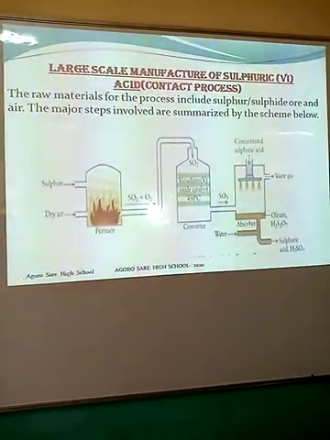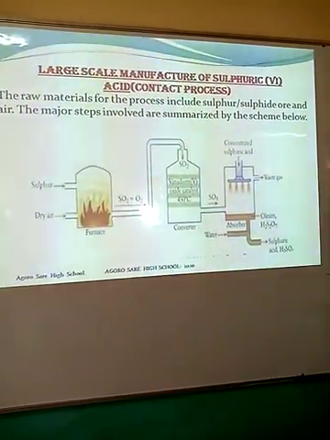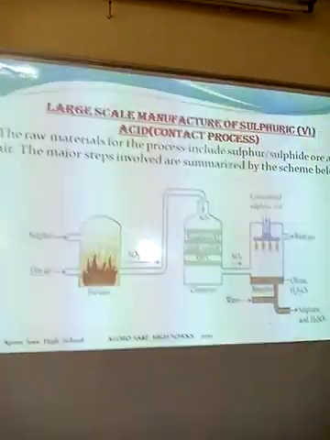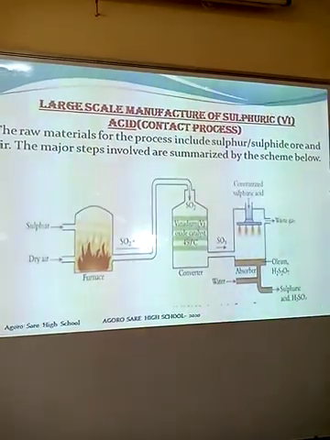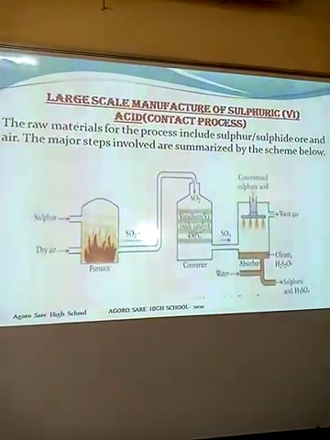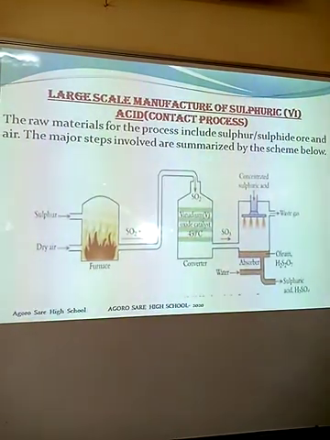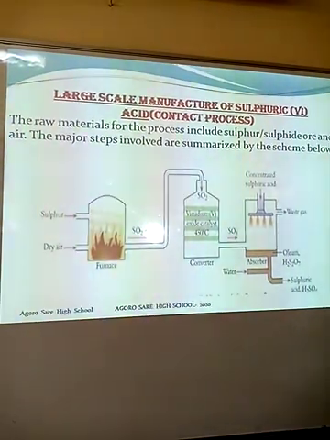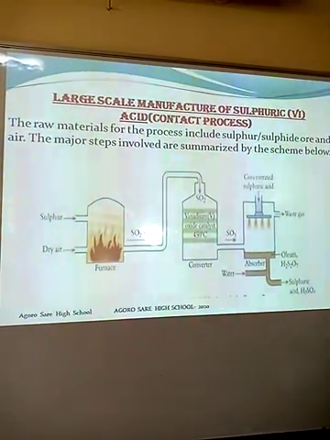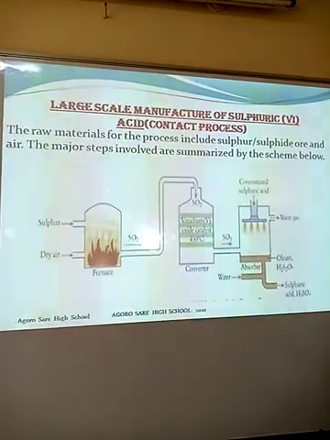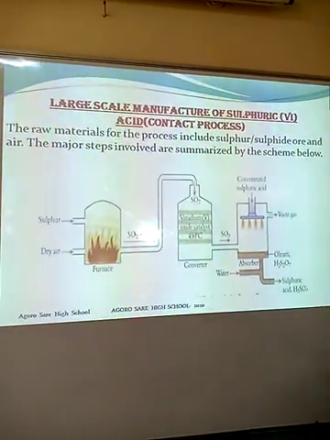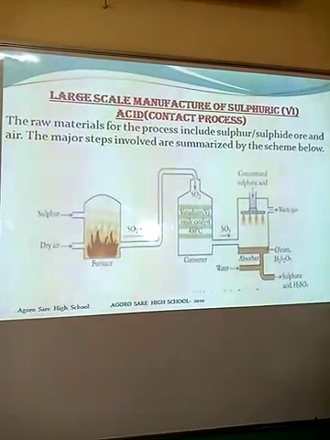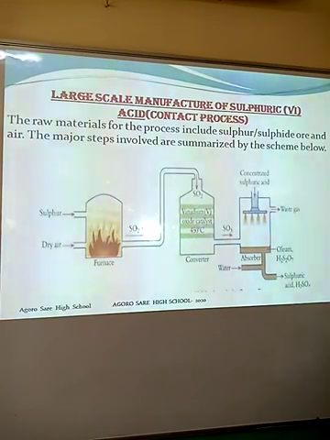Another area that we are going to discuss in large scale is the large scale manufacture of sulfuric acid, the contact process. Here, I want you to note the following. There are key things that I want us to discuss here, and that will also proceed in our next lesson. One is the raw materials. Sulfuric acid is very important, as we shall see the use of sulfuric acid, and therefore there is need for us to produce it in large scale. Now, the raw materials that are used,